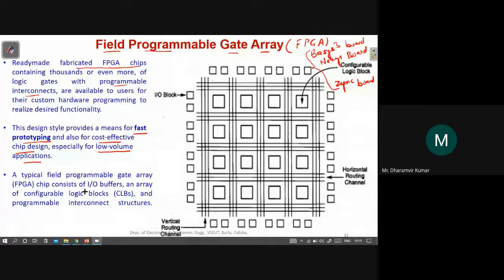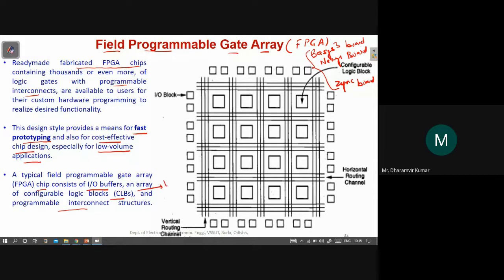So what does an FPGA contain? An FPGA chip consists of I/O buffers, input-output buffers, an array of configurable logic blocks, CLBs, and programmable interconnect structures. So the CLB is the main part which performs the logical function.